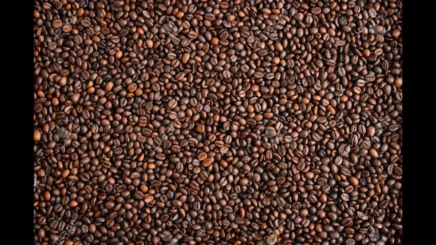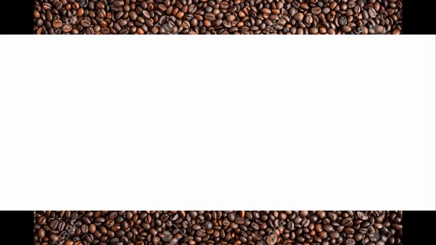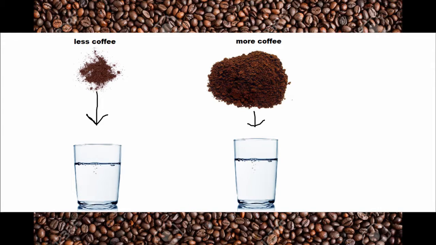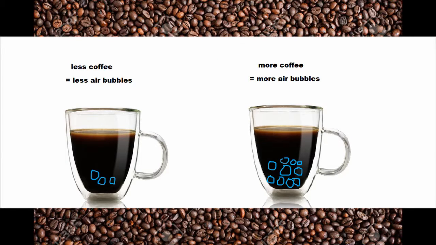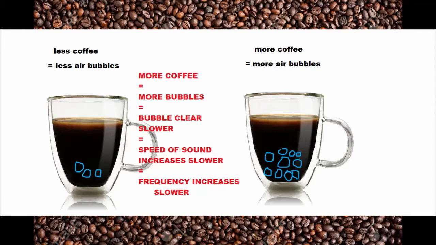We can see from the data that with 1 teaspoon pitch goes up faster. This happens because when we put more and more coffee powder at the same time, there are more air particles going inside the water, which is increasing the air bubbles in the water. As there are more air bubbles, it takes more time for the air bubbles to burst. Therefore, pitch rises slower when there is more coffee powder in the water.